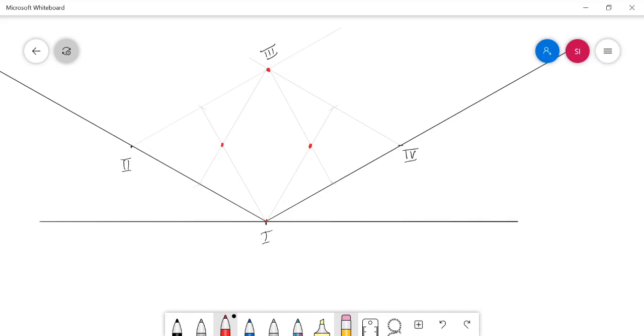First you need to use your first center, this center. Keep your compass origin as point number 1 and the radius in the compass as that distance. So the origin of the compass is at point 1 and the radius will be here. With this radius, draw an arc, and this arc should end at that point.